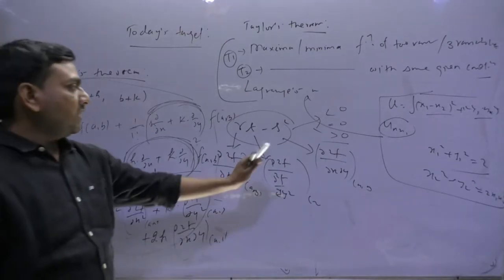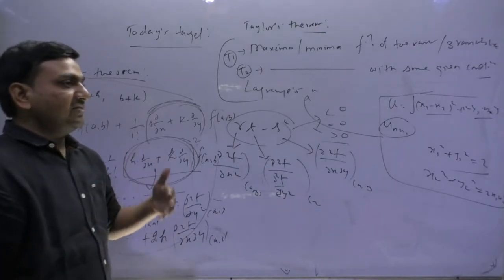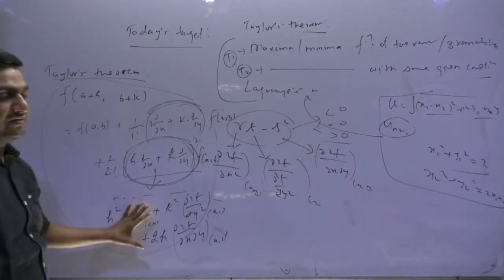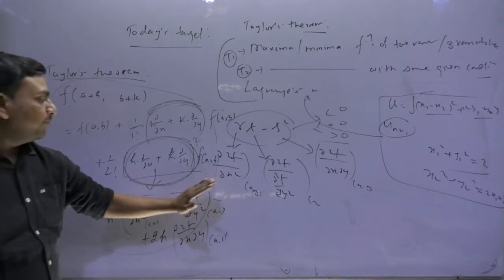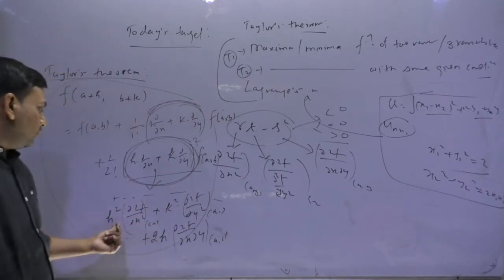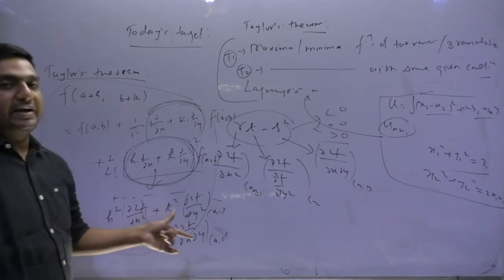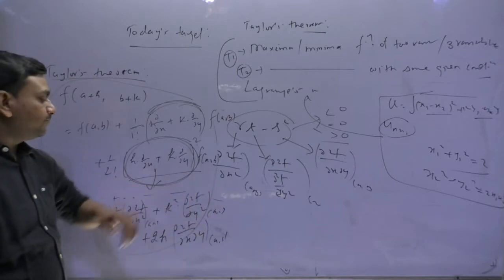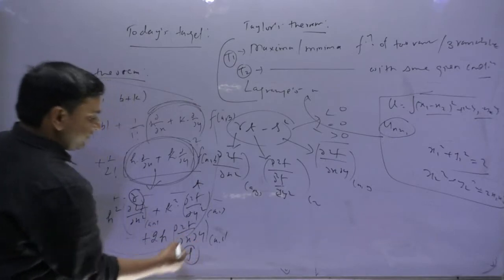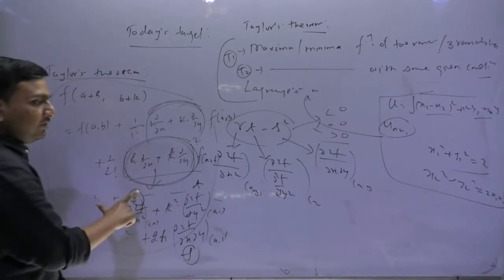Now let's come to this part again. rt minus s square. So when I say to have maxima or minima, ultimately to derive those things we use Taylor's expansion from here. Ultimately we approximate this up to the second term. Higher terms are neglected because for small h and k, as the powers of h and k increase, these terms tend to 0. So we neglect these terms. Don't you think this is looking like r, this is t, this is s. Clear now? Please make it a point here because later on I will be using this.